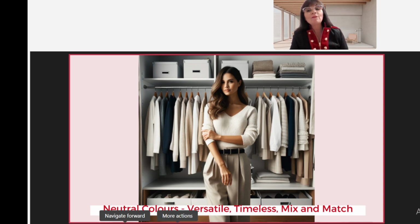They're extremely versatile and you get a lot of wear out of them. So it's good to invest in good quality here because they're the ones that you're going to always want to look their best so that you are always feeling your best. You don't want them to look used and worn. That's why it's always important to select quality products here, quality fabrics. Spend a little bit extra on your core